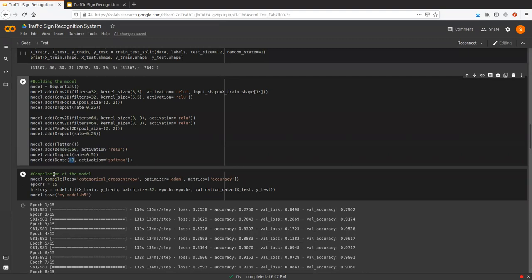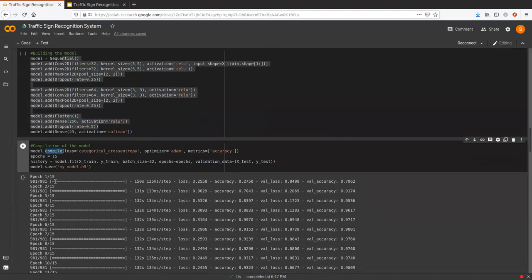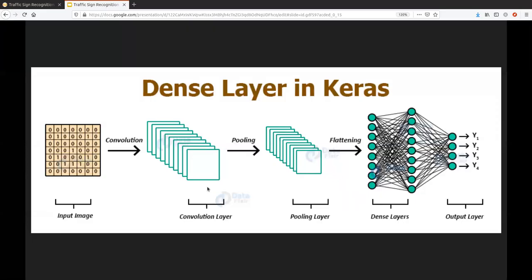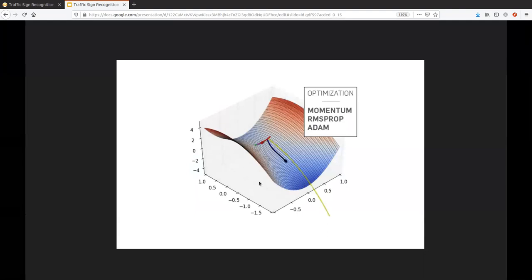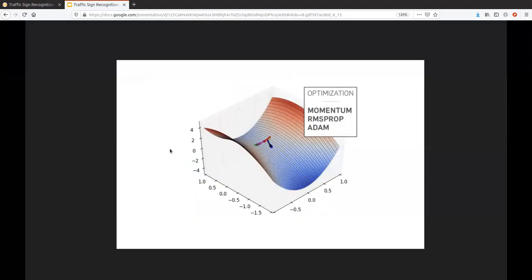So we have made our model, we have defined everything. Now we have to compile it. And for compilation, we use an optimizer, which is ADAM. It's like stochastic gradient only, and it is a better suit in this case. And for loss, we've used categorical cross entropy, which is like so.